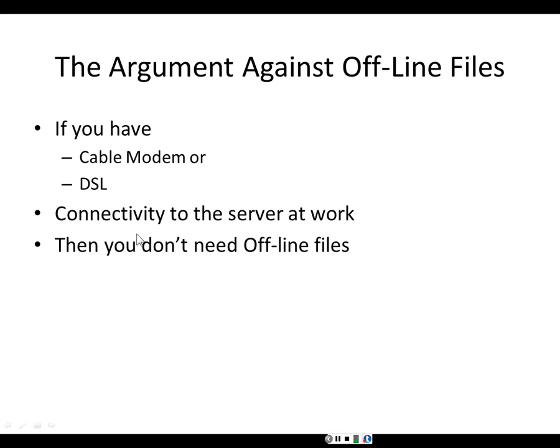Here is the argument against offline files. If you have a cable modem or a DSL connection that gives you connectivity to the server at work, well then by that argument, you're never offline. So if you have connectivity to the server at work through cable or DSL, then you don't need offline files. And this concludes part 1 of chapter